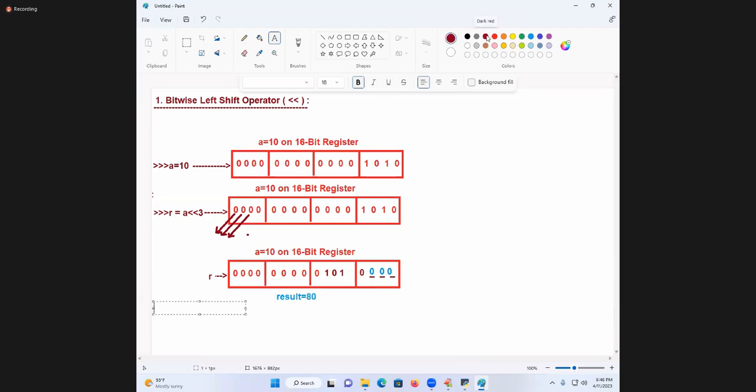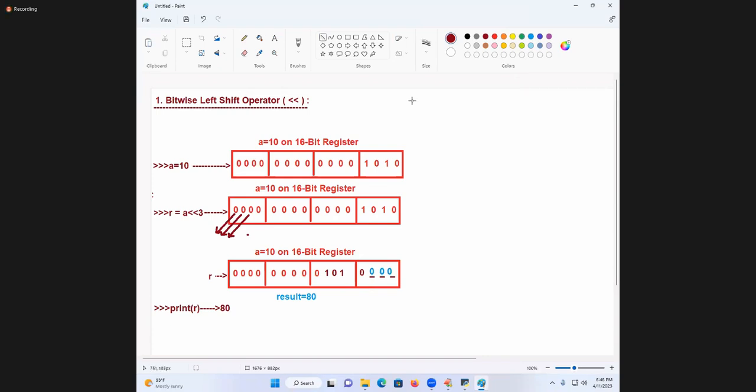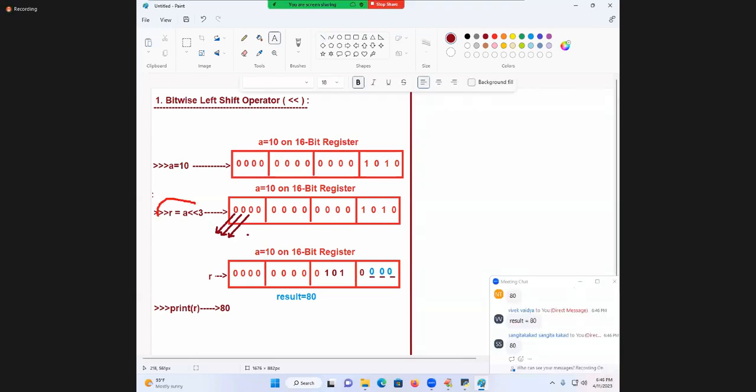Now I will print, students. Print of R. What is the value printed? 80. Now ultimately I am going to conclude my sentences. I am going to say, 80 is the result. Now, when they ask from an interview point of view, in a face-to-face round, how this will work out,